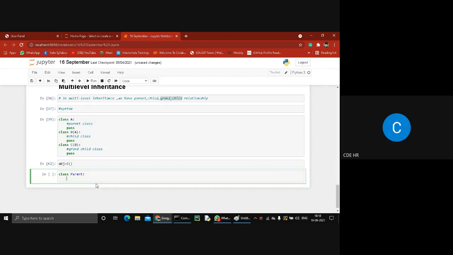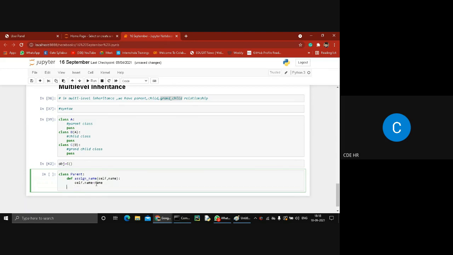So in the parent class, the same thing is there. Assign name, which contains two arguments: self and name. And again, self.name equal to name. Okay.